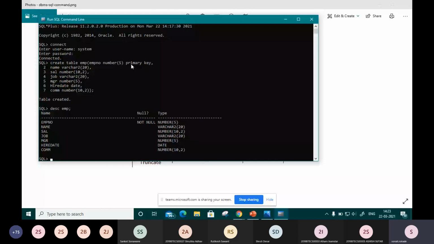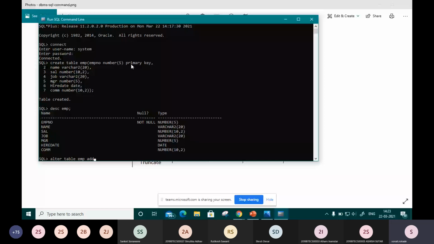So what is the syntax? We have to write alter, then table, then the name of that table. Right now we have the EMP table. Then we have to tell it what to do, you have to add. So with alter you can modify also, you can add also. First of all, let us see how you will add.